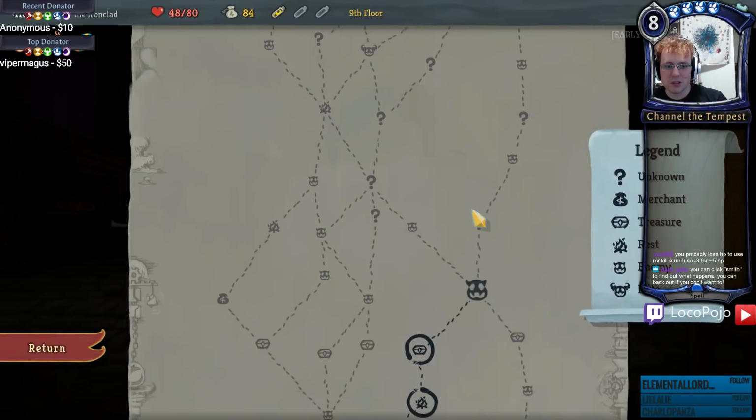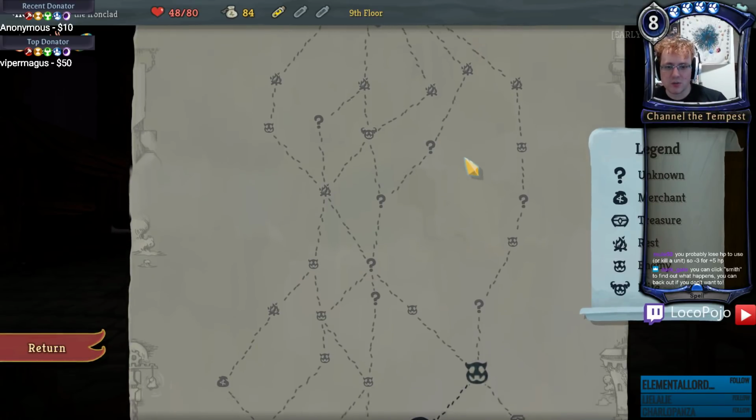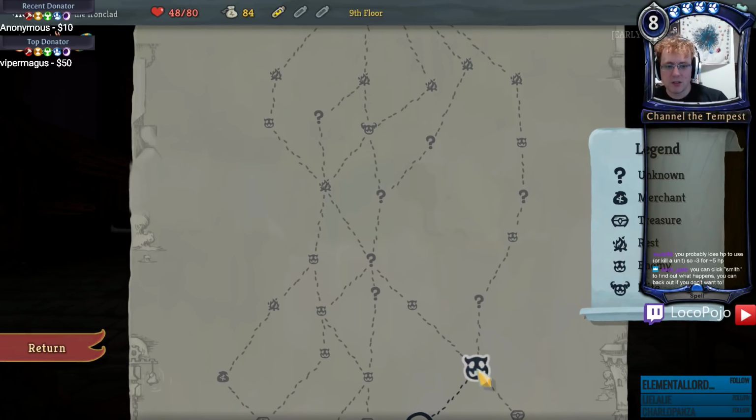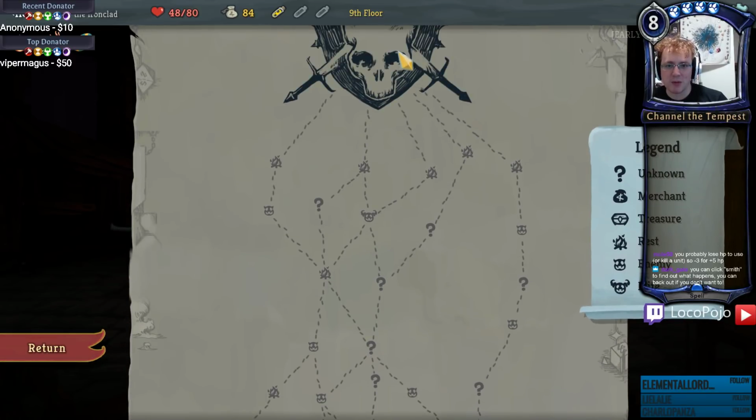Okay, so more treasure is always good, but it doesn't look like we have any more paths that do that. Question marks lead to issues. All of my paths lead to question marks. So we'll probably just... might go up this way, or we might go up this way. I actually kind of like this route, since it means that I don't fight that many more enemies until...